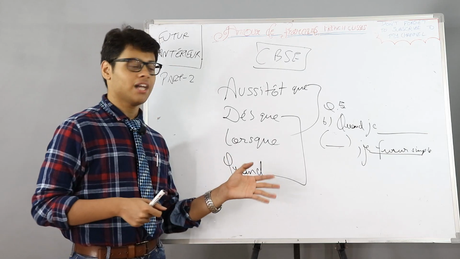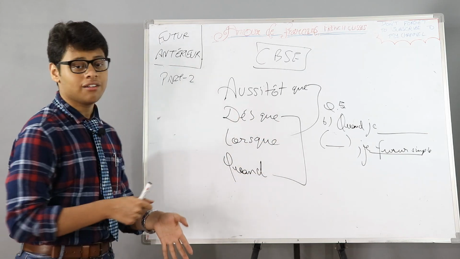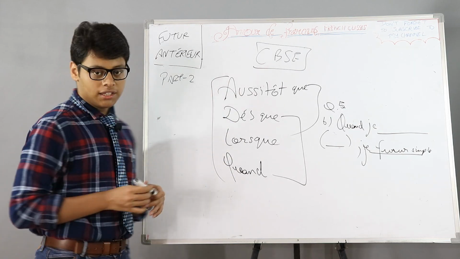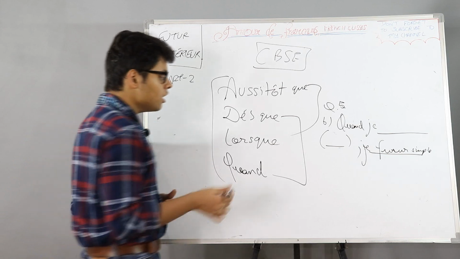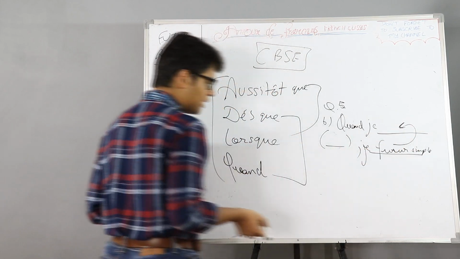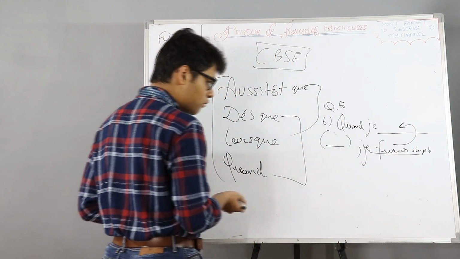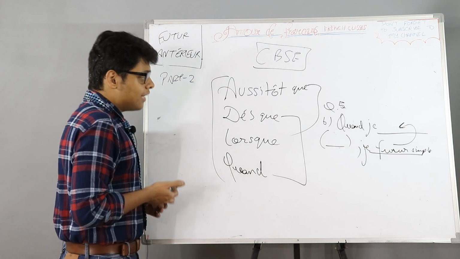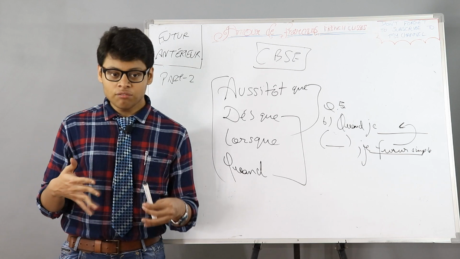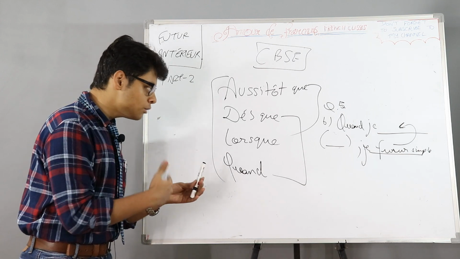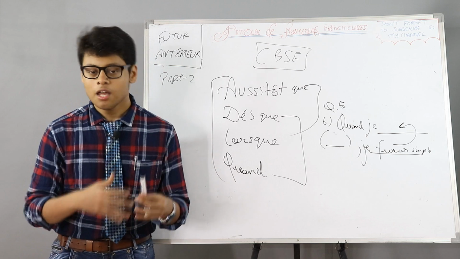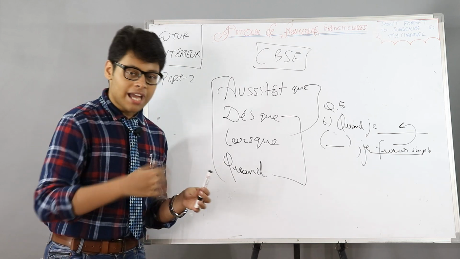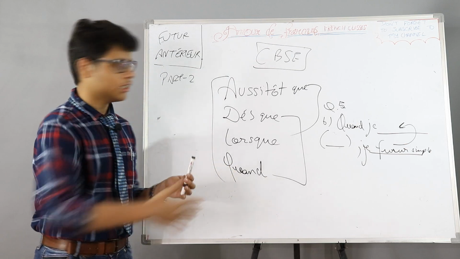Like futur simple is 1 and the second blank has to be futur antérieur if any of these words appear in the sentence. It may happen that the first one is given in futur simple, and then you need to decide what the second one should be. Then it should be futur antérieur. Most of the times the one which is close to these 4 words is in futur antérieur, but not necessarily. It may happen that the close one is futur simple and the latter is futur antérieur.